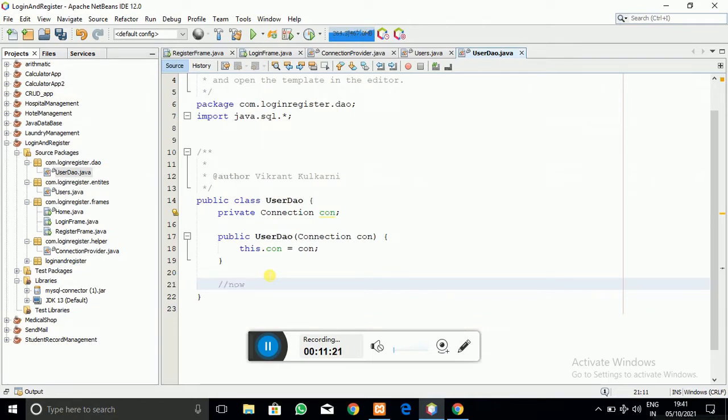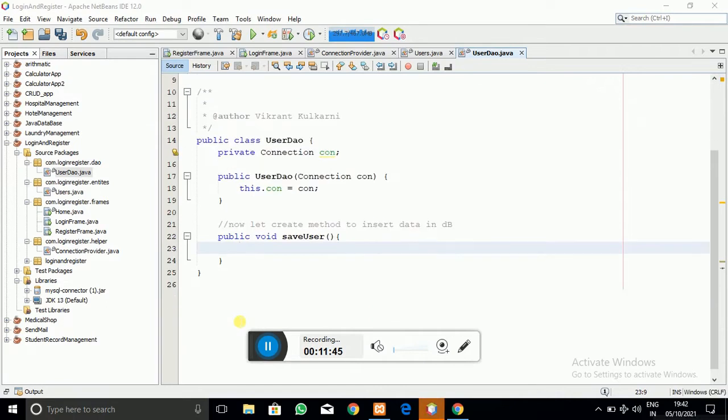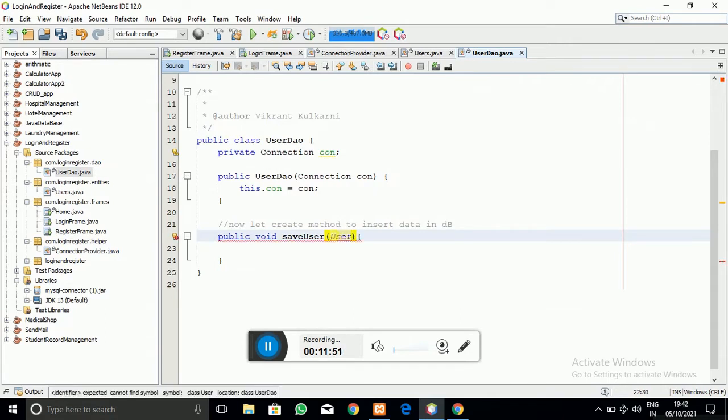So now I am going to create a method which takes the data from our front end, which is the registration frame, and stores it into the user entity, and that object is going to be stored into the database. So let's create it. I am going to name it public void saveUser, and this method takes the user entity, that is an object of the user entity, as the argument.